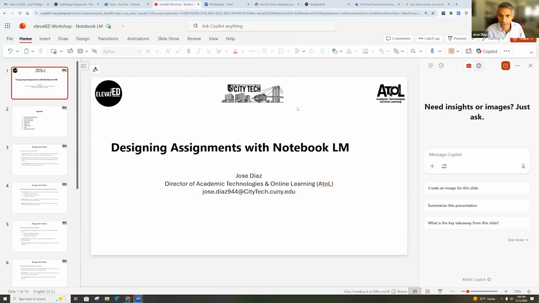I'm going to do a quick recap of what we did last time, and then we'll jump into some of the new things. Like I predicted in part one, there were going to be new features in Notebook LM. That's not a big surprise, because Google has been adding new features ever since, and I'm happy to go over the new features they've added since we last met for part one.